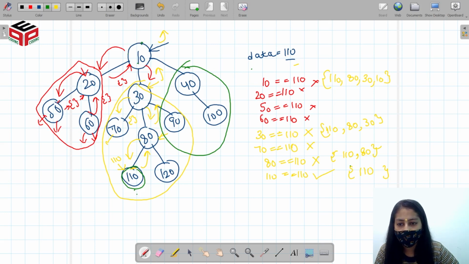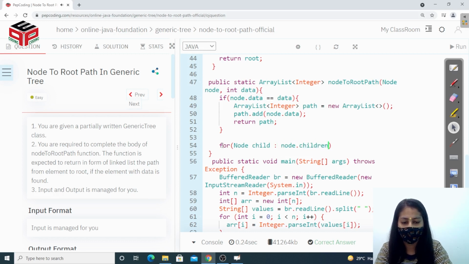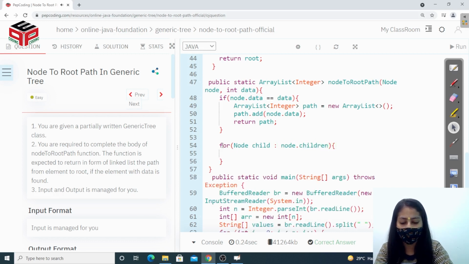If the value is not equal to the given data, 10 asks its children to find the node to root path in their subtree, right? So it will ask its children to find the node to root path.